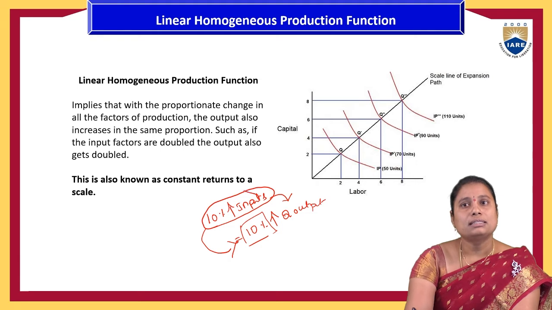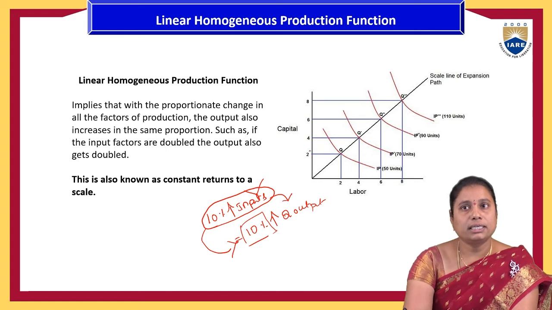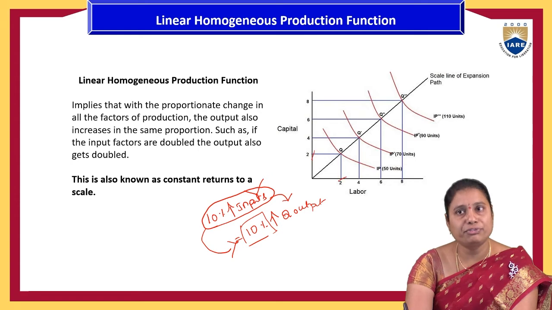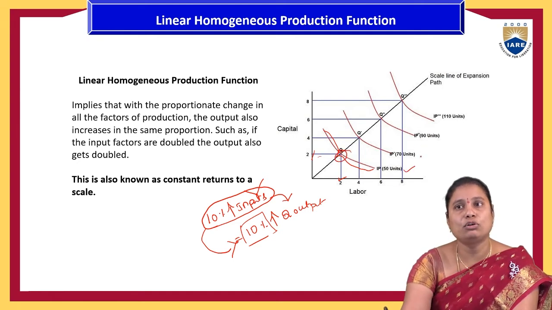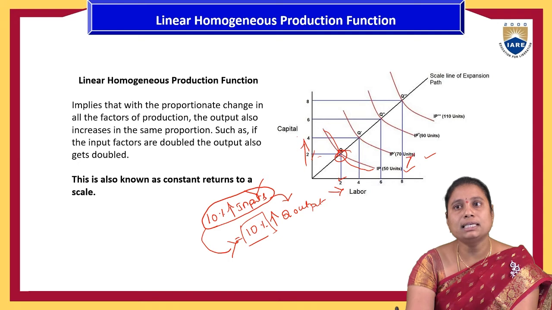Here some of the inputs might be fixed and some might be variable. Here capital and labor are somehow fixed, and some others are going to be variable. Other elements, like technology, might be variable, and these two combinations will lead to different levels of outputs like 50, 70. So if there is a proportionate change in the inputs, capital and labor, it will lead to an increase in the output levels also.